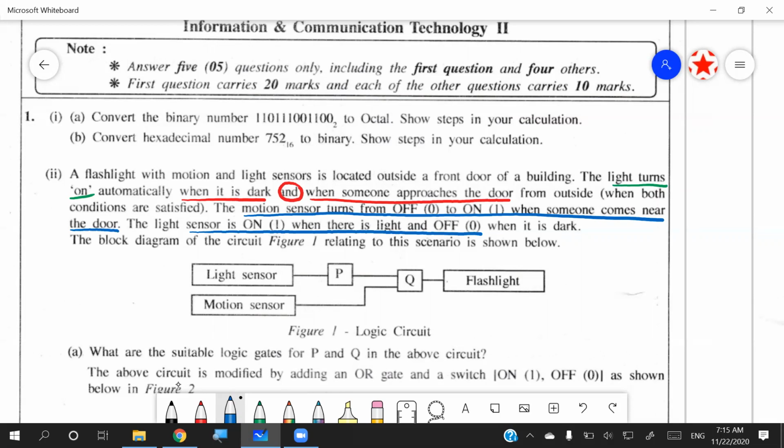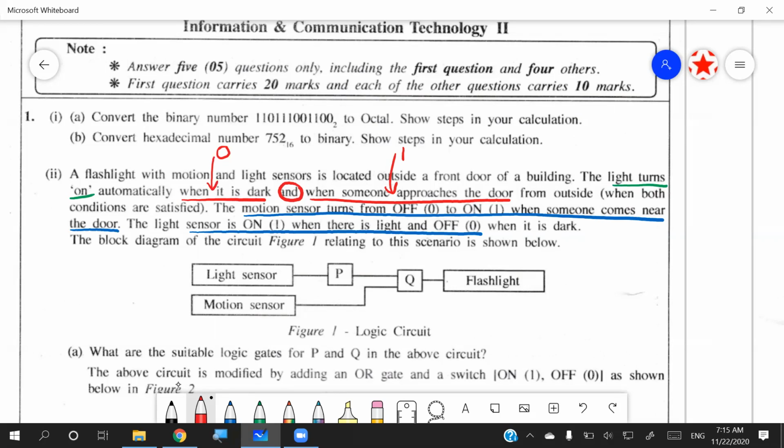So this means to light up the flashlight, the light sensor should be dark. So this indicates a 0. So dark, we take it as a 0. And when someone's approaching, that indicates 1. Right? So that means from the light sensor,